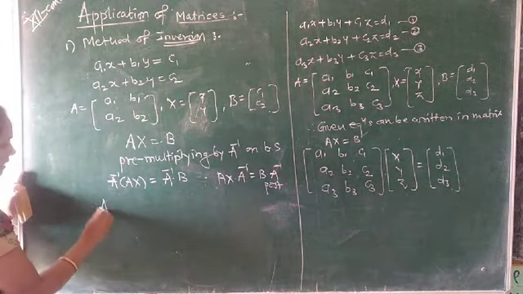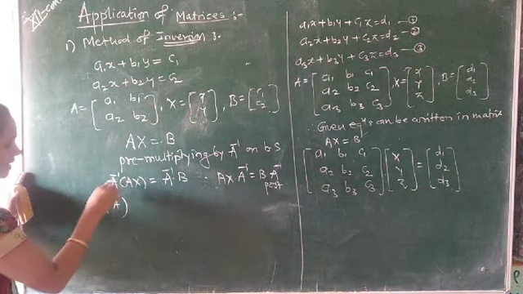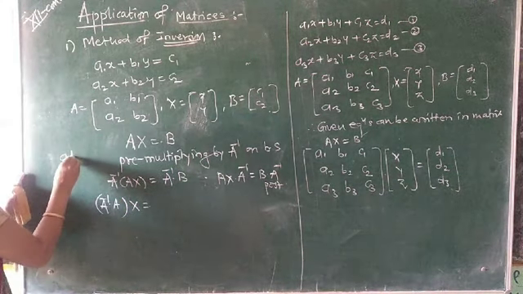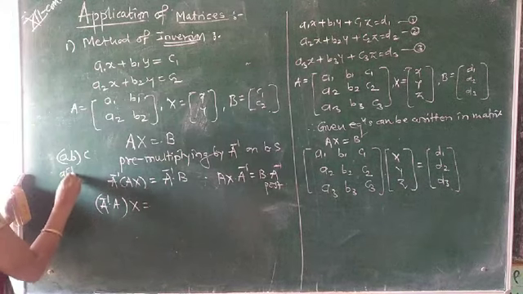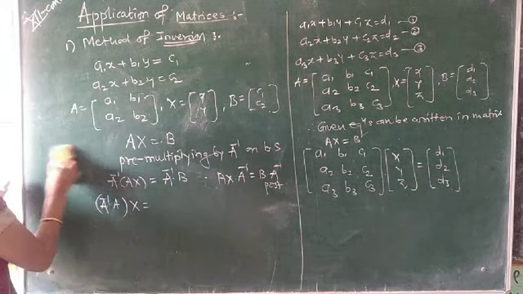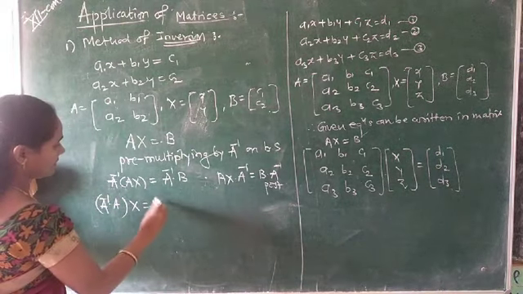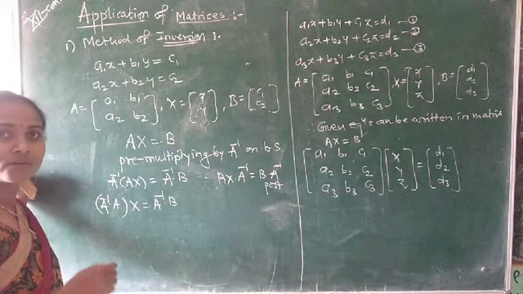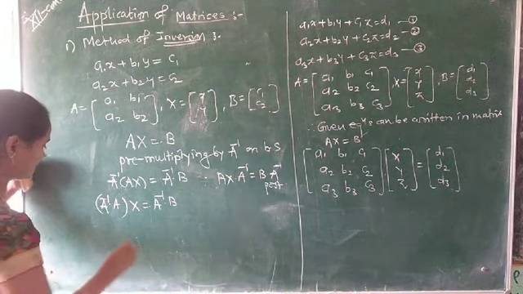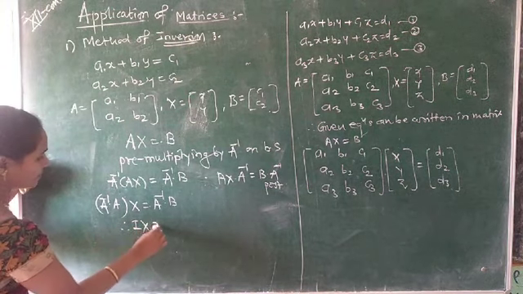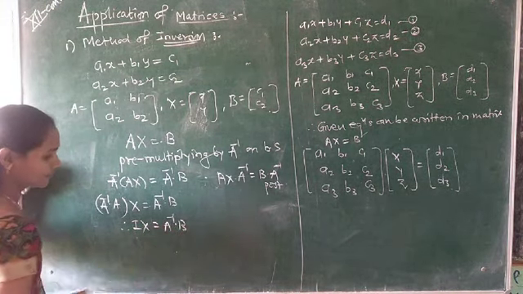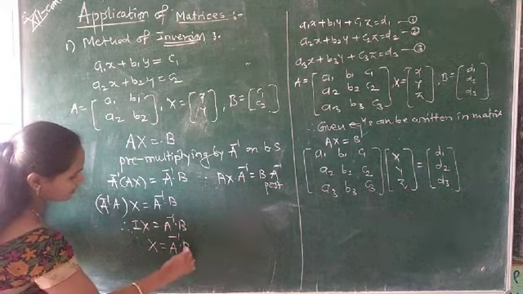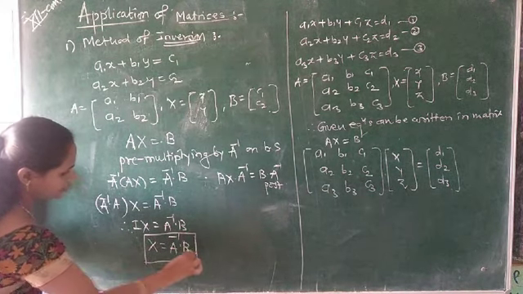Now see, here I am writing this as A inverse A into X, which is called associativity. So if there is AB into C, we write this as A into BC, which is equivalent, and the product is also associative. A inverse into B as it is. All of you know that the product of A and its inverse is the identity matrix. So here I into X is equal to A inverse into B. Therefore, I into X is equal to X. Therefore, X is equal to A inverse into B.